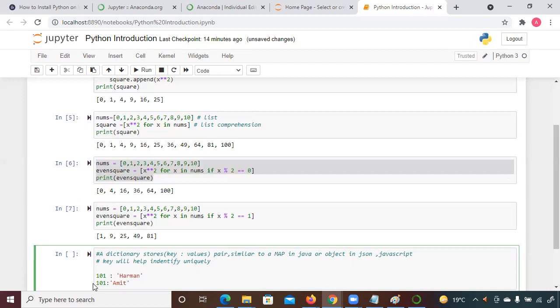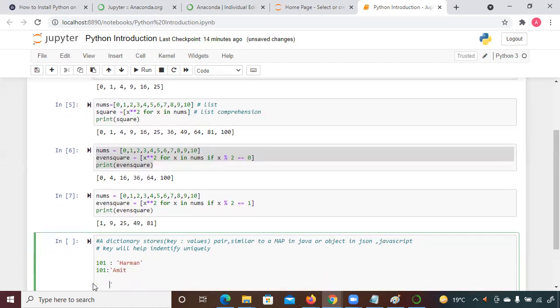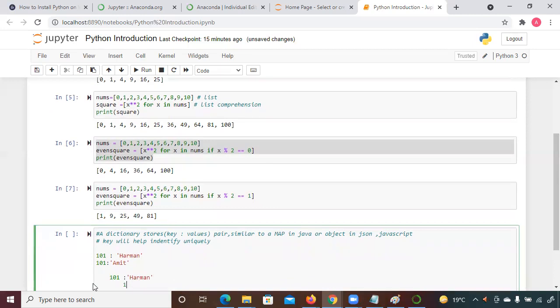But opposite to that, if we say 101 belongs to Herman, and 102 belongs to Herman again, will it be supported?